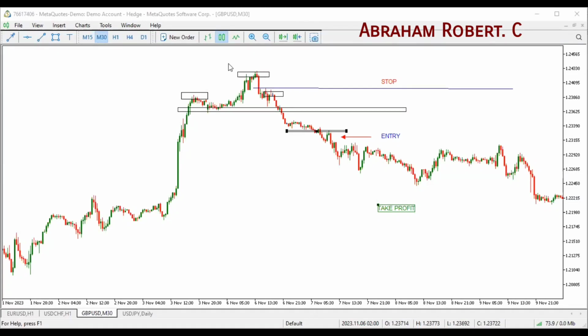Now, I don't want to make up too much theory about the head and shoulders pattern so that you don't get confused. Just simple law, simple principle, and you are good to go. Now, this is shoulder one, head, shoulder two. Whenever you see this